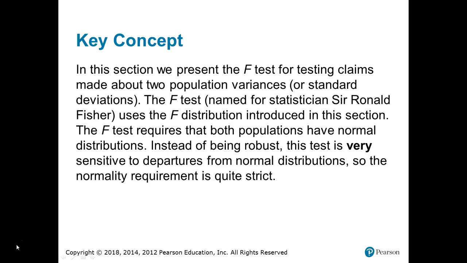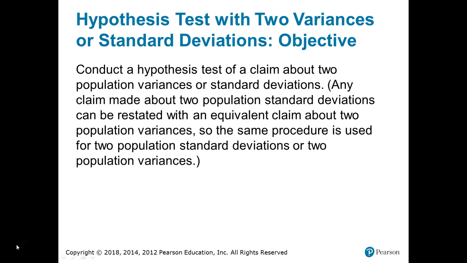The F-test requires that both populations have normal distributions, and that is a pretty strict requirement that both samples have normal distributions. So our objective here is we are going to conduct a hypothesis test about a claim about two population variances